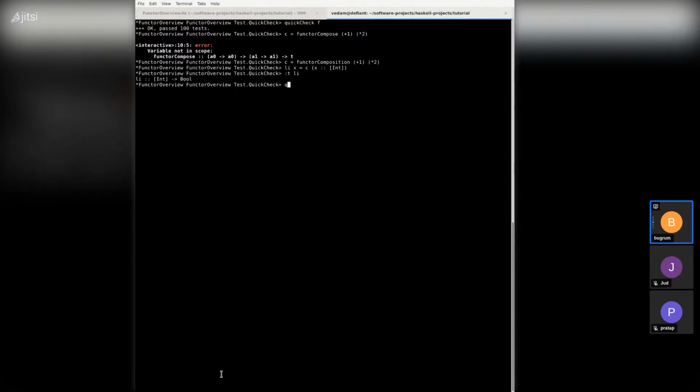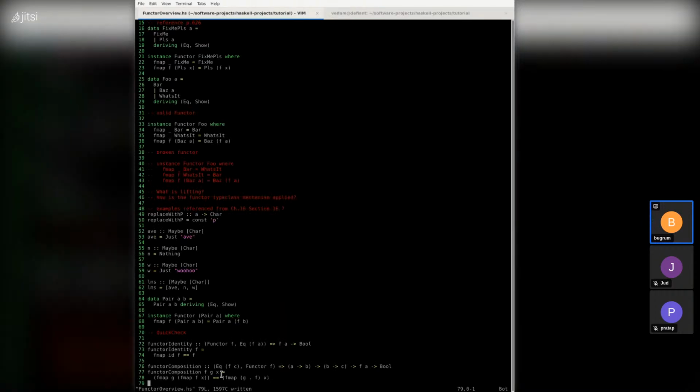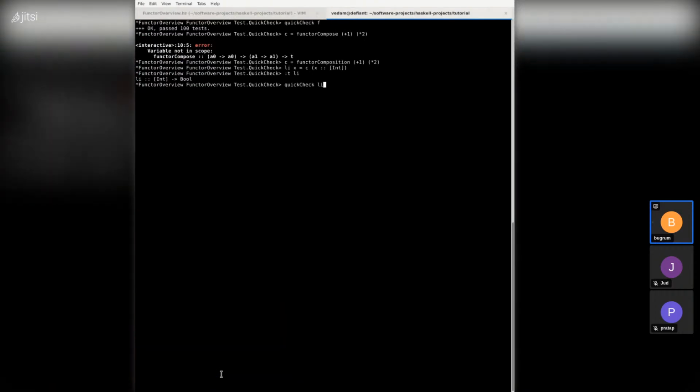We can also call quickCheck on this, and since it's calling functor composition, it's going to go ahead and double check the fmap stuff that we looked at earlier. It'll generate all those tests, and you can actually provide some arguments to quickCheck for things related to, say,